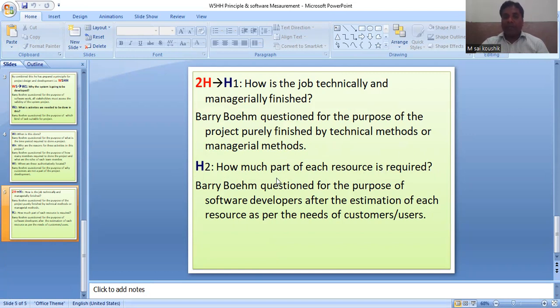Second question: how much of each resource is required? He has to express his feeling like a software developer after the estimation of each resource as per the needs of the customer. C is a low configured software to build C programs. Python is higher configured than the C language. Both are not the same in configuration, but both belong to software.